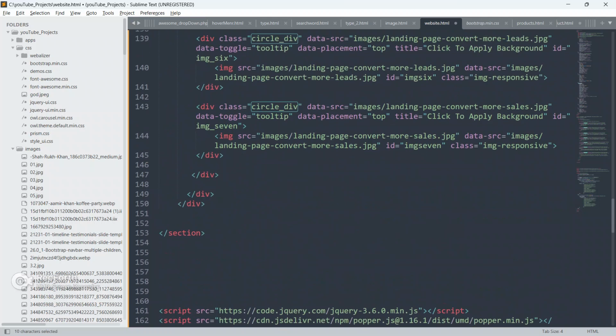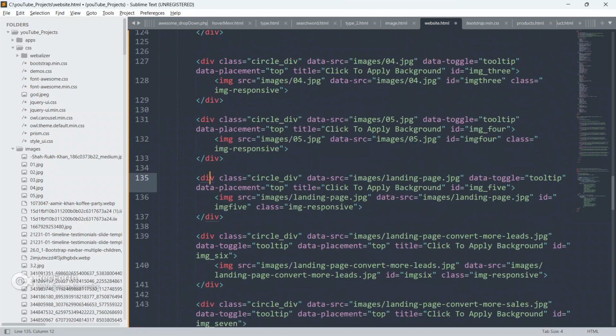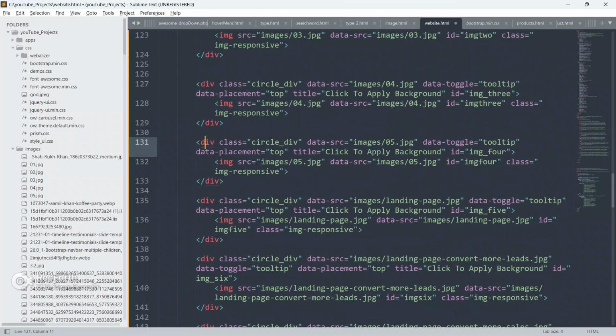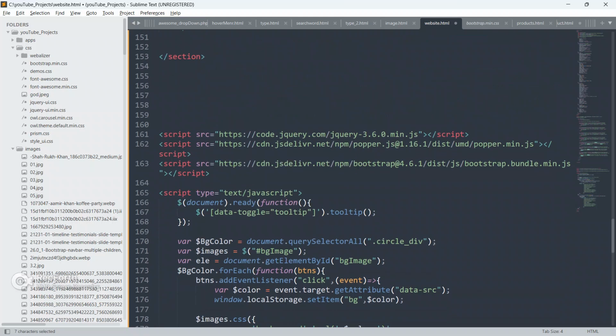As you can see guys, we have taken all the circle divs here. This is the circle div, and it has a data-src attribute. The data-src attribute holds the folder name and image name.